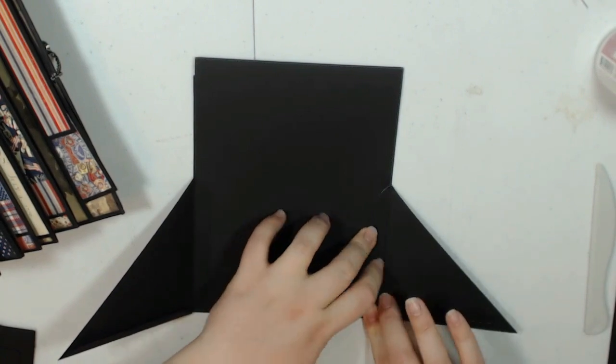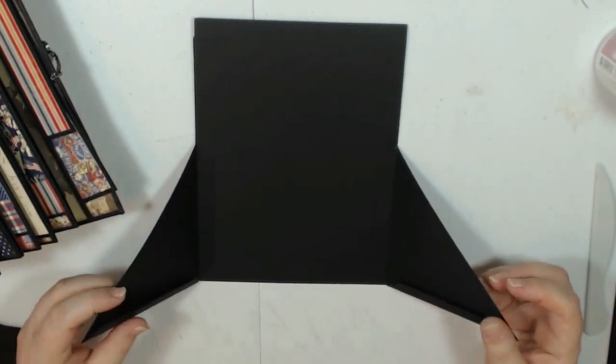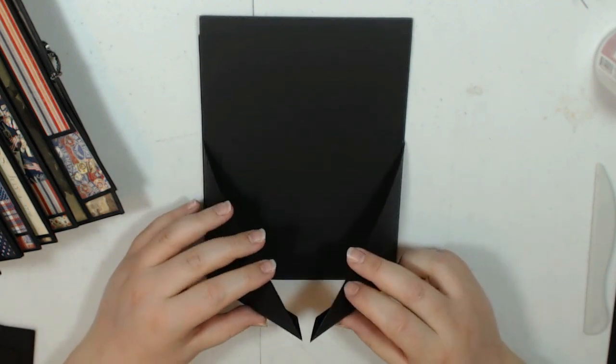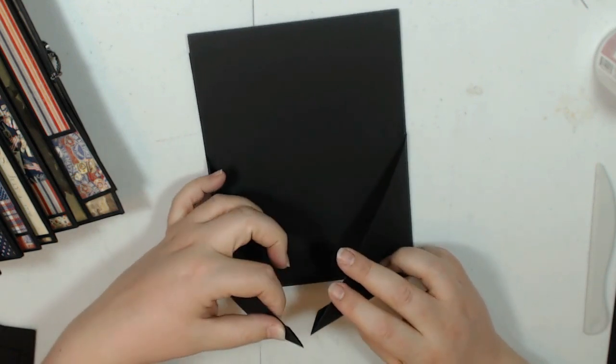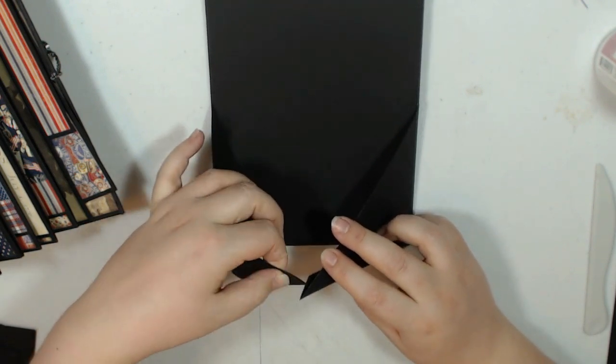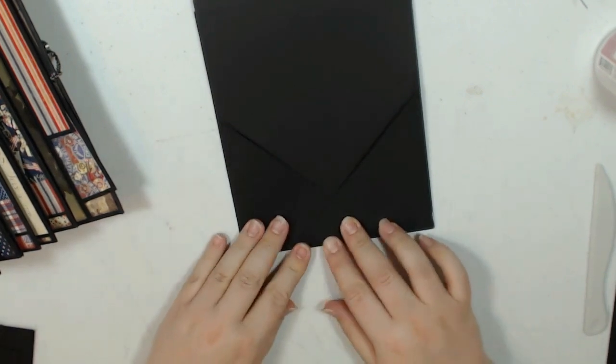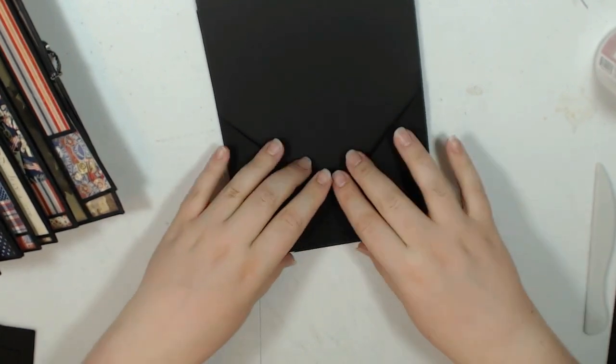So here's where it gets a little tricky if you do it the way that I do. I like to take these 2 pieces and fold them in on themselves. So this piece with the hinge, I'll hold like this, and I'll tuck it in here, and it will glue down just like that. Okay, so